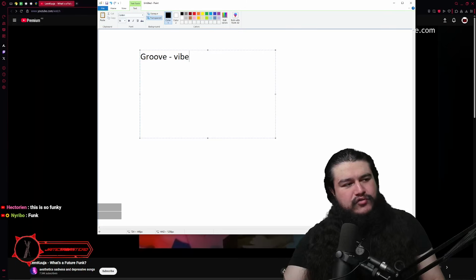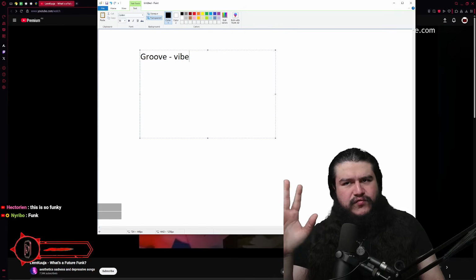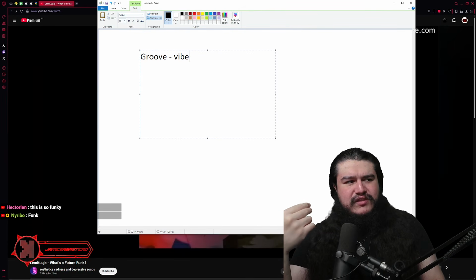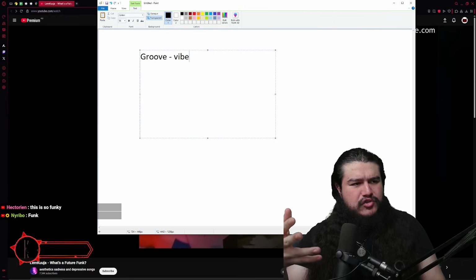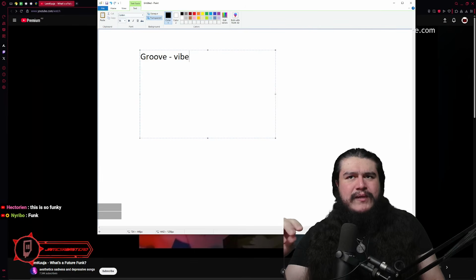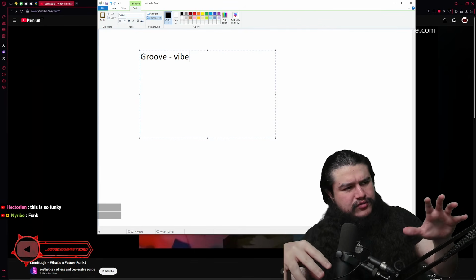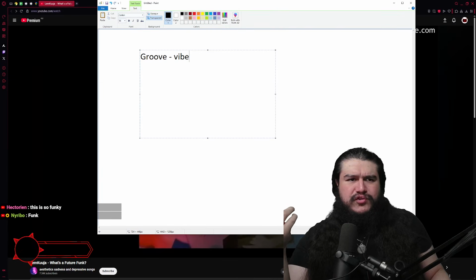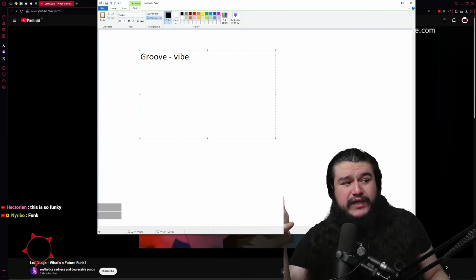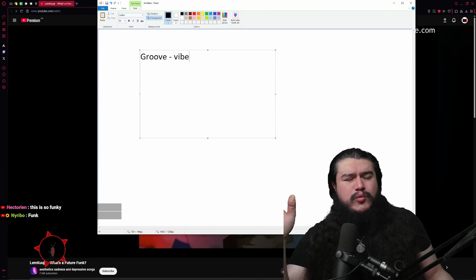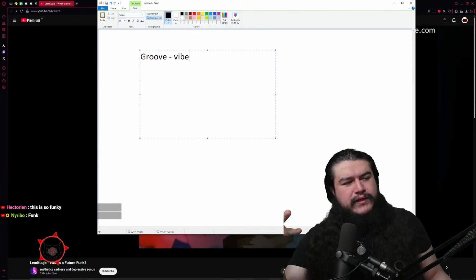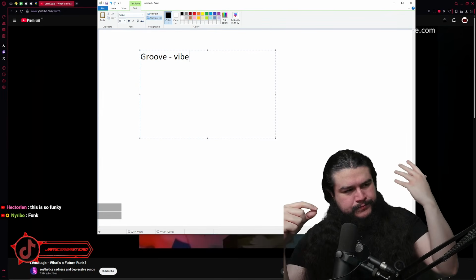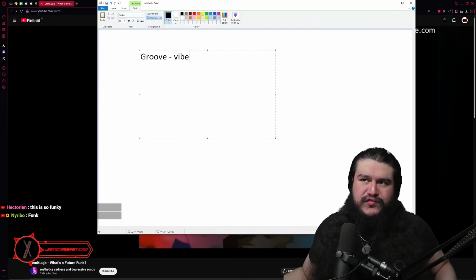Groove is the amalgamation, the sum of its parts. Each individual instrument is playing something relatively different, usually being tied in roughly by having the same time signatures or the same key signatures, just the baseline stuff. But other than that, they're usually playing different rhythms. Every instrument is doing something different. If you were to play any of the individual parts, you would probably not be able to tell that they're all playing the same song, except once you put everything together and listen to the whole thing, you get the groove. It sounds very, very nice.